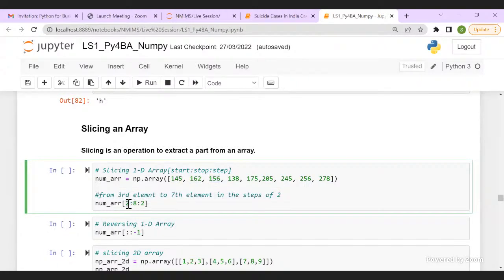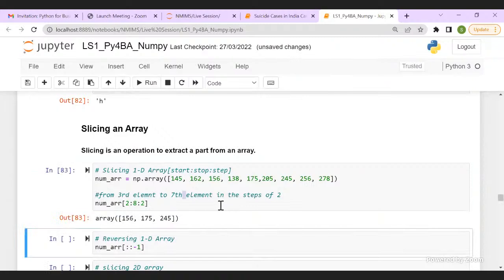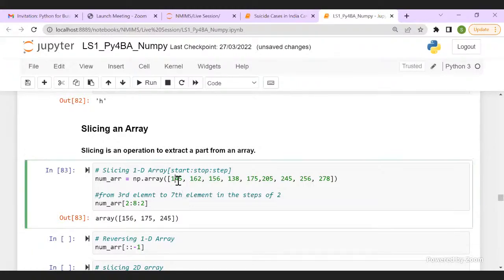So the third element means index equal to 2. The seventh element means the element is 8, in steps of 2. And remember guys, the seventh element is not included. Third element is 2, seventh element is 7, 1.